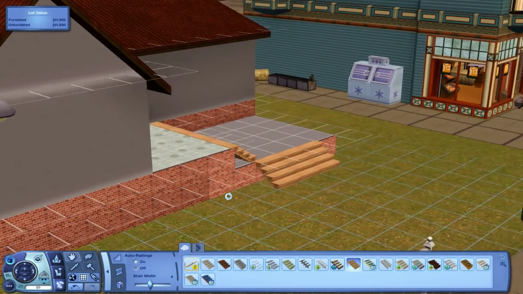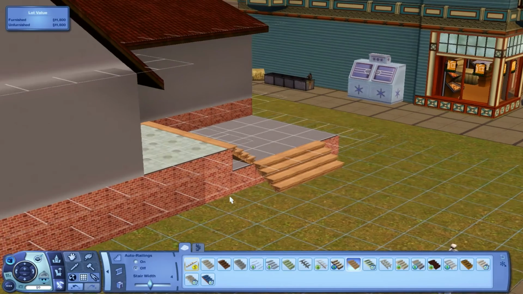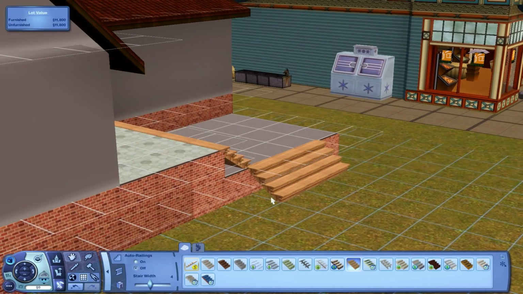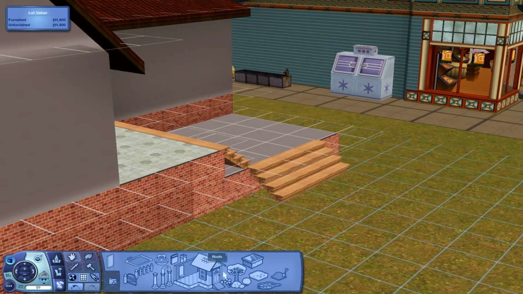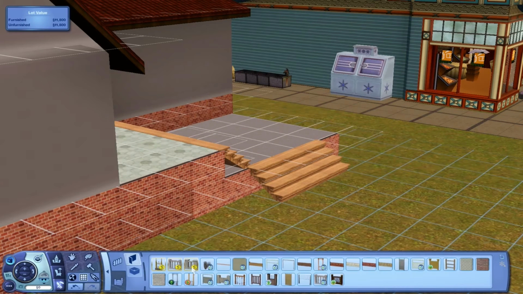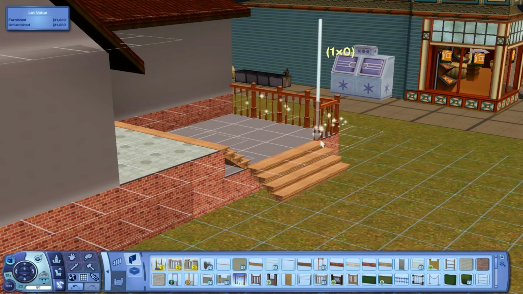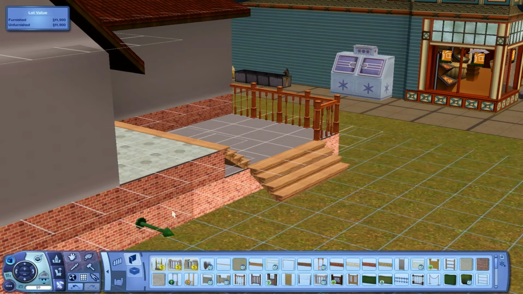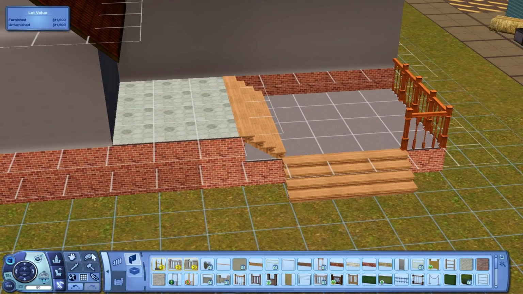Now I'm going to point out that what we're going to show you in this tutorial is also filling in these gaps here. It's a little bit different when you do a tier. I'm going to put a fence in, like I said, to help visually, so you can see what we're doing. There we go. Okay, so